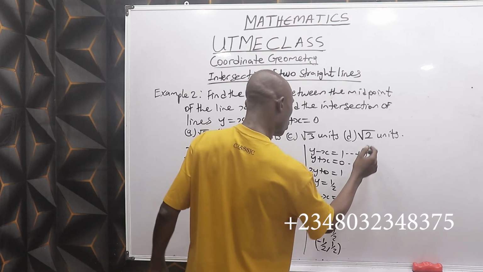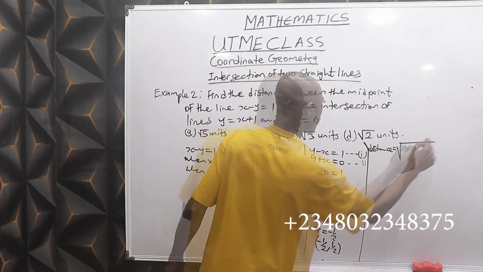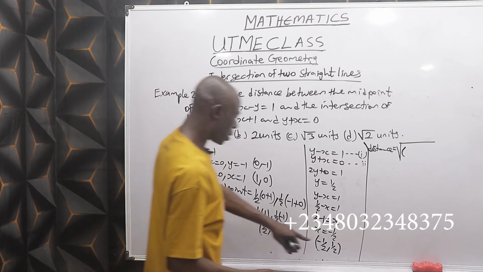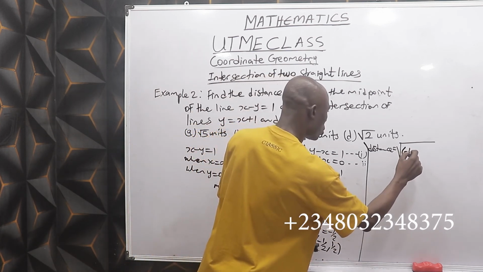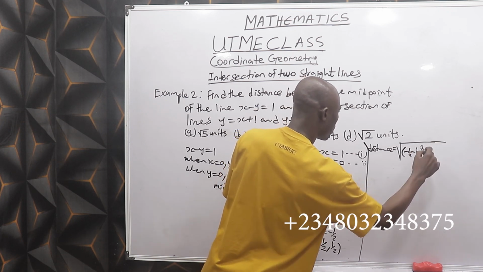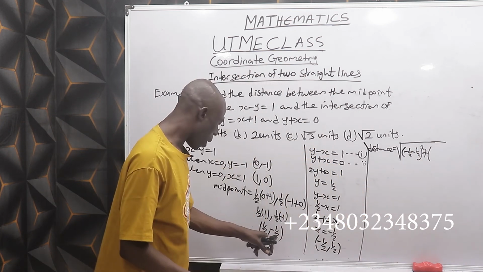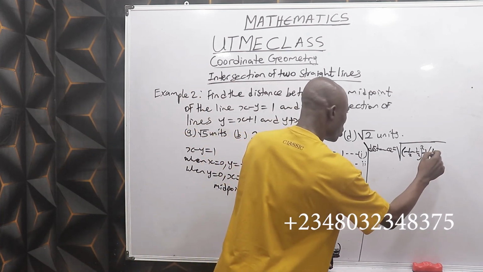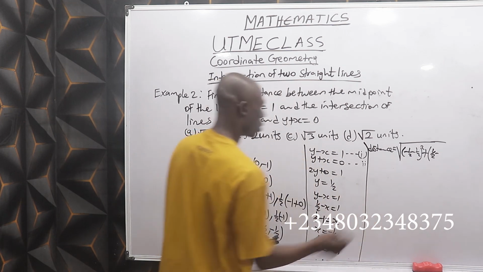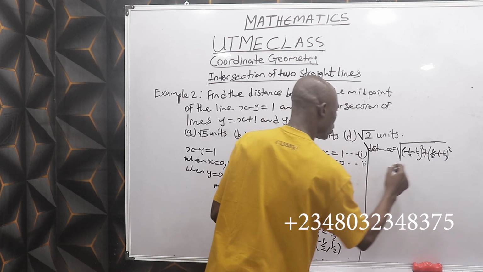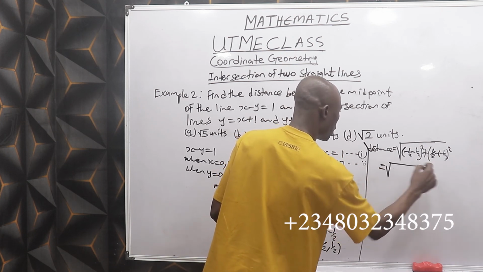So the distance will be square root of x2 minus x1 all square plus y2 minus y1 all square, that is square root of